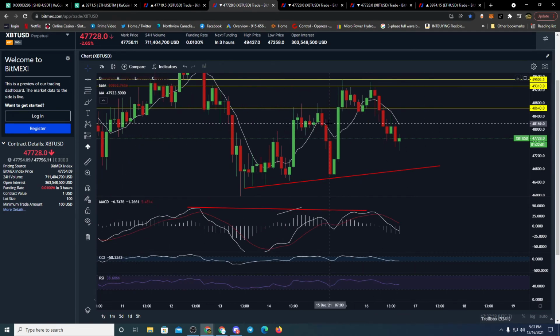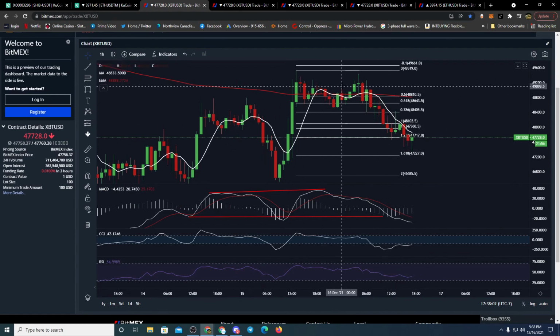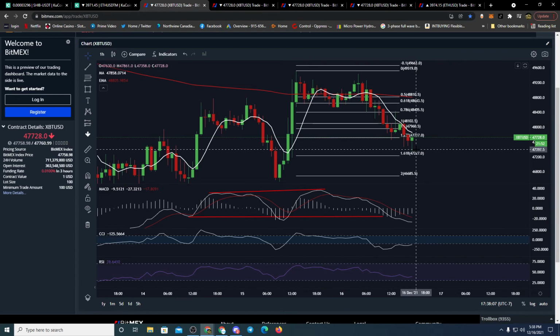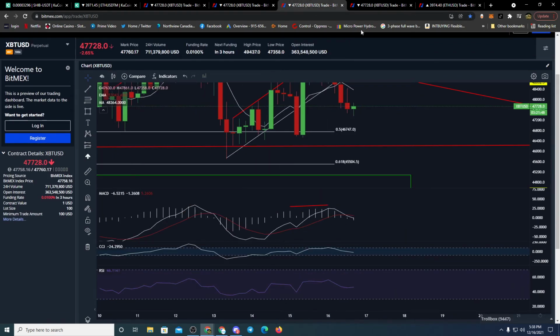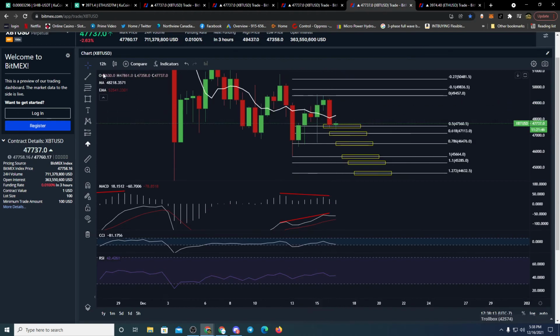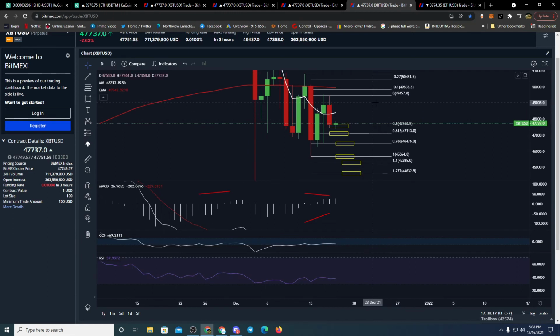I like to have charts out for different time frames so I can just look back and forth. Like this short-term time frame one hit all fibs almost to the 1.618 just on the hourly. And then I got 2 hour, 4 hour, 12 hour, and then when you look at the daily,